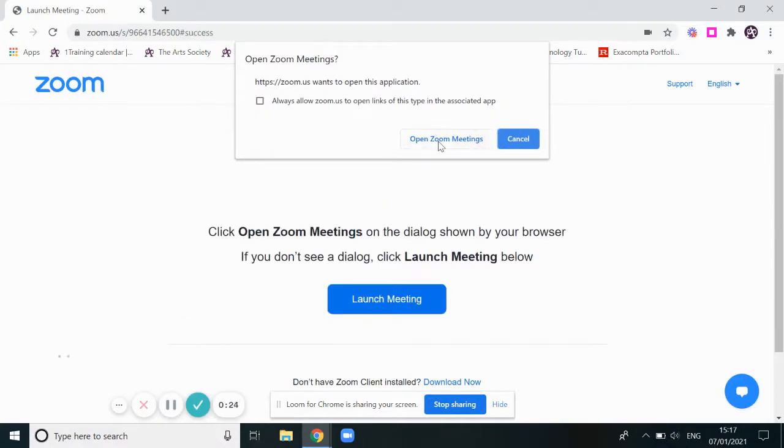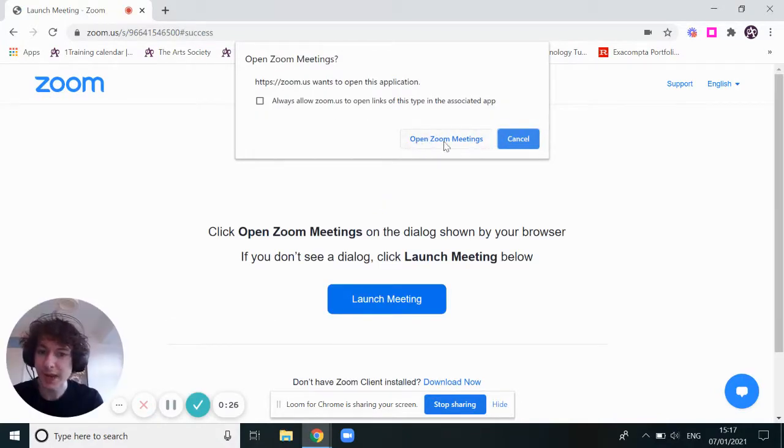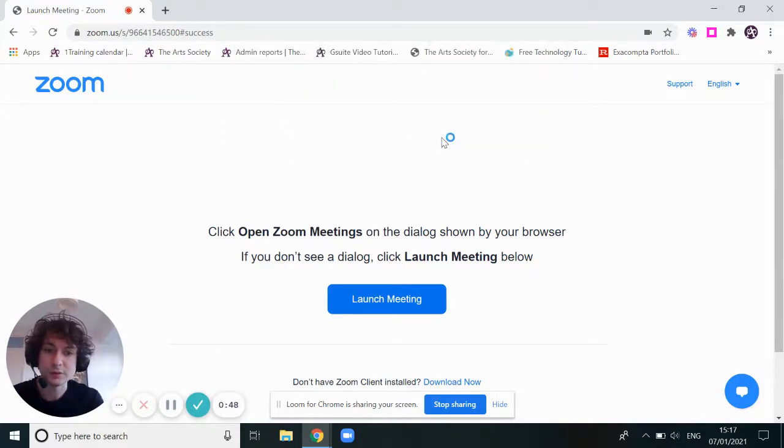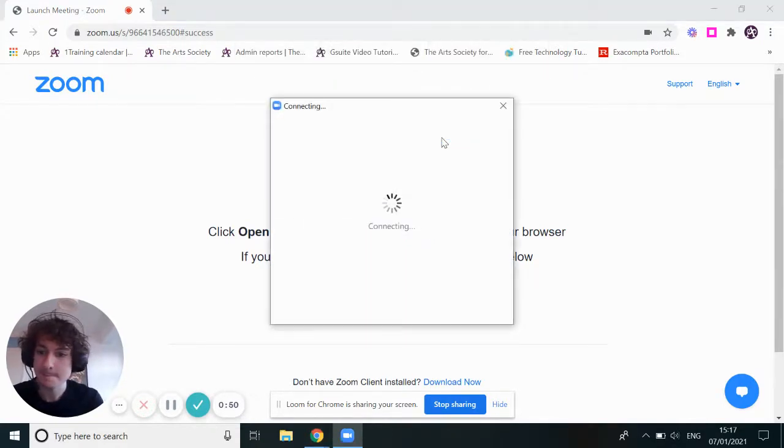Do I want to open Zoom meetings? I do. This opens the app. If you're hosting, which I'm about to do here, and actually if you're an attendee, it's always better if you go into a Zoom meeting or webinar using the app, because you'll always have the most up-to-date version. So you'll always have all the buttons available to you. So if I open Zoom meetings,